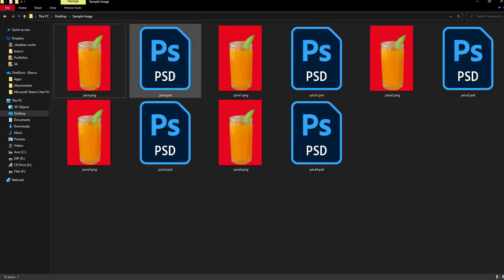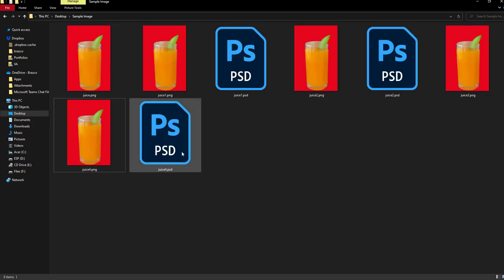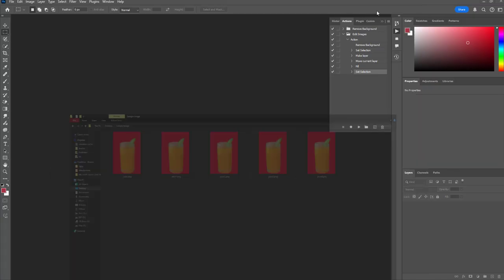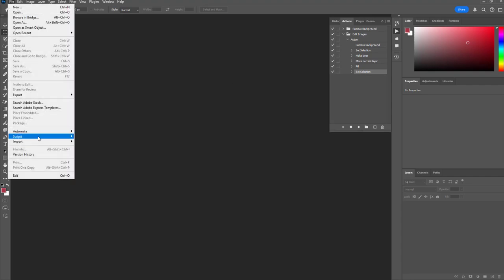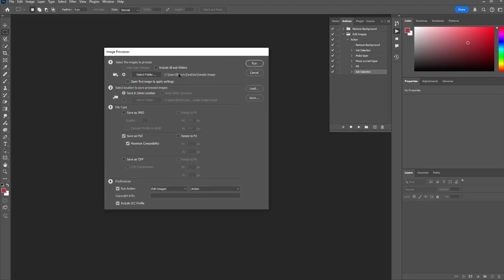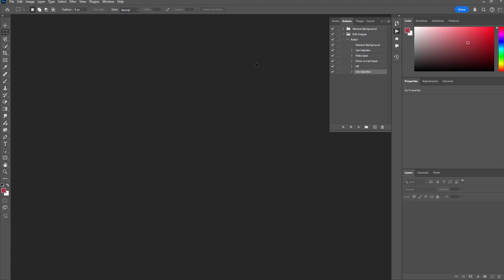Let's see the result. File, Scripts. Let's run a script without the saving action here. Try to make it a JPEG. Run.